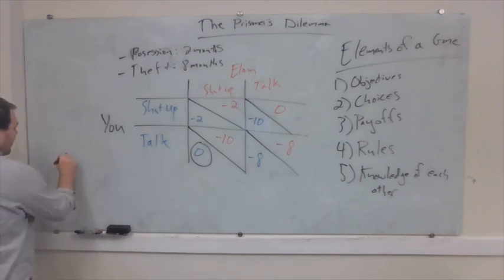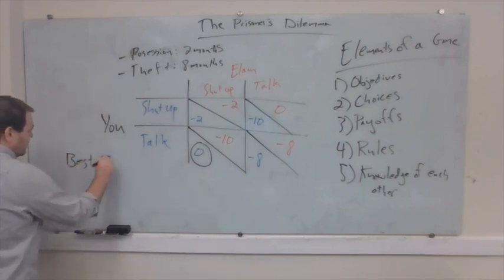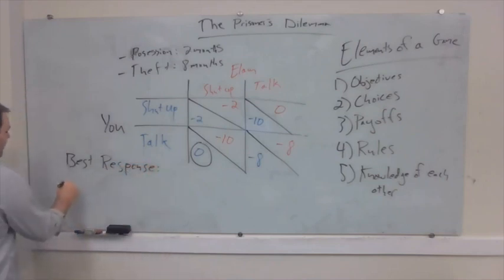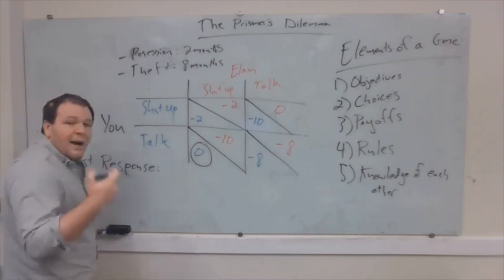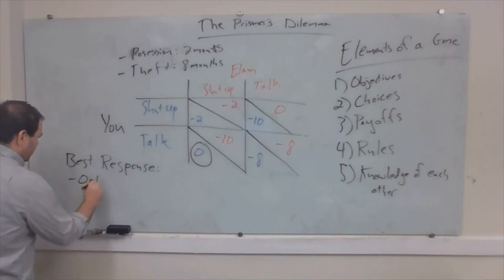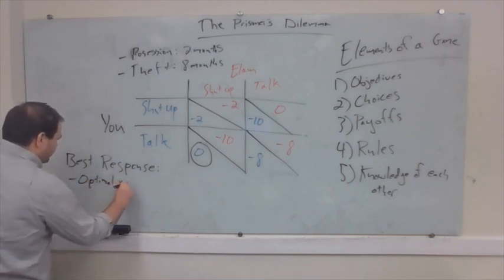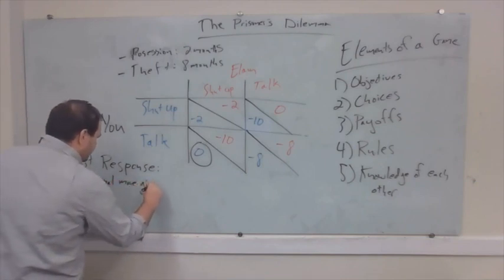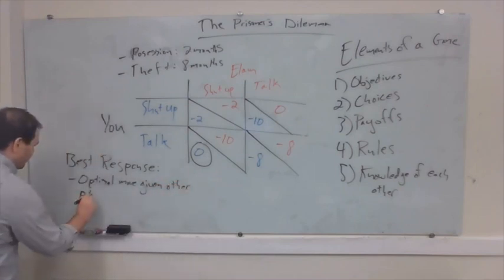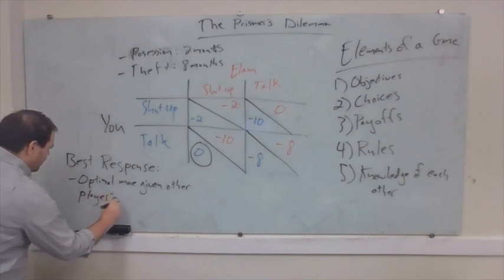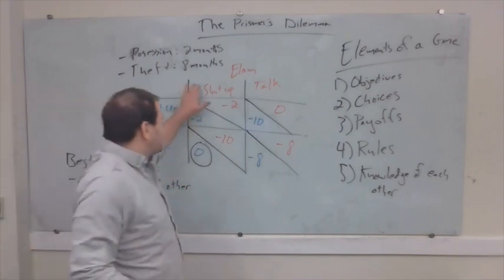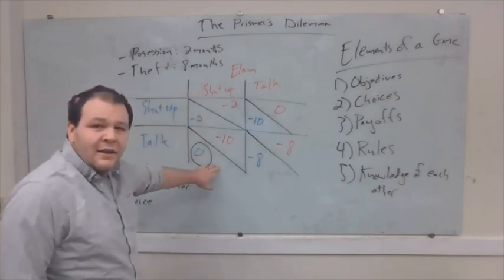Where our best response refers to our optimal move conditional on the other player's move. Right? So if Elam decides not to talk, our best move is to talk, because 0 is better for us